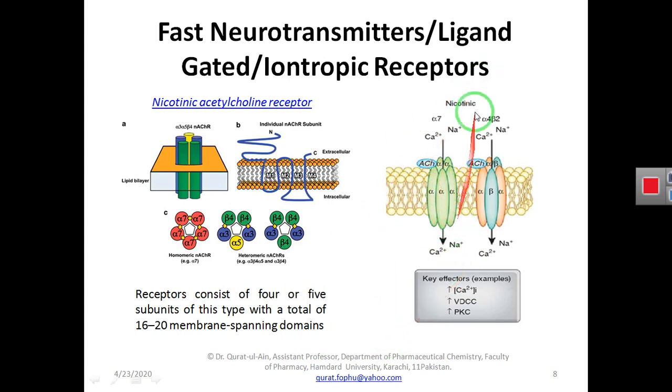And if these receptors are present in the endothelium membrane, or at the neuromuscular junction, what will they do? When acetylcholine binds with the alpha subunit of this receptor, the channel will open, and then calcium will go inside, and this calcium will bind with the calcium calmodulin protein,